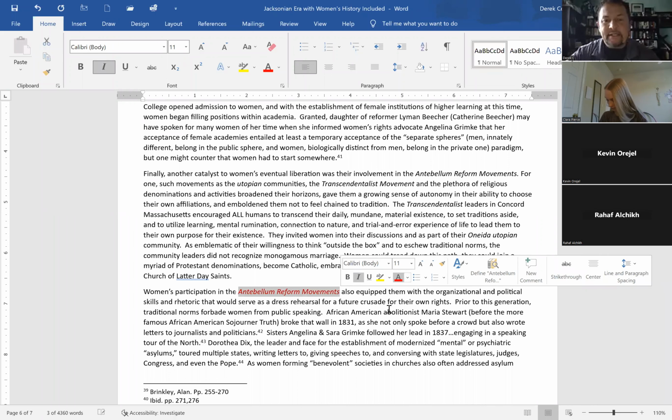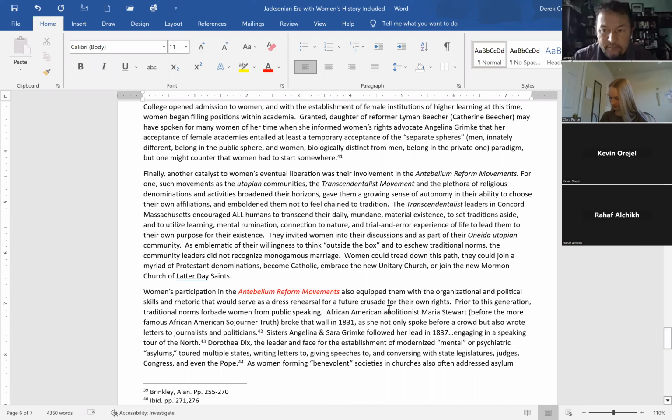I want to keep this basic because we're going to cover this in the future in 2 weeks. But there arose in the antebellum period several, and I mean several, quite a few, reform movements all across the country. There was reform against physical abuse and child abuse, against child labor, against alcoholism, against prison conditions for the psychologically ill, against slavery,